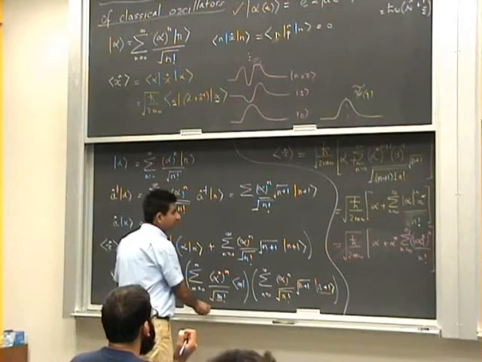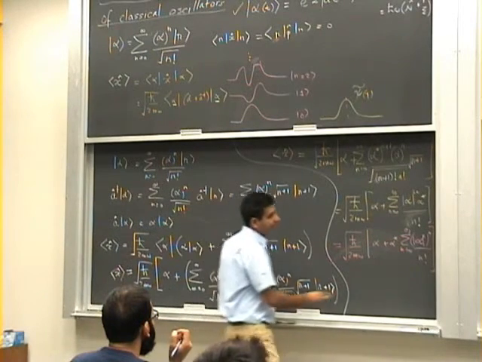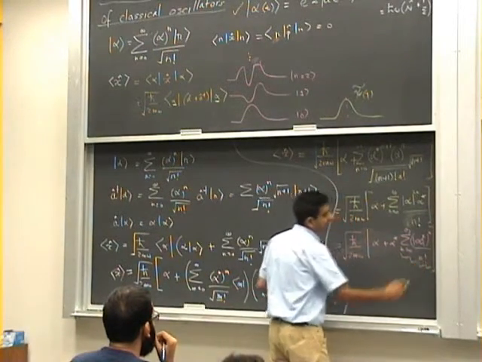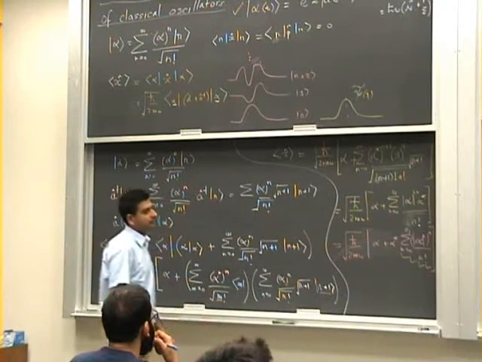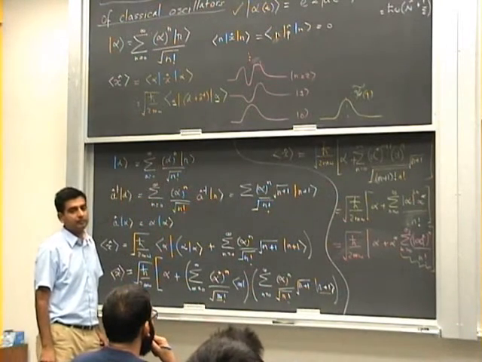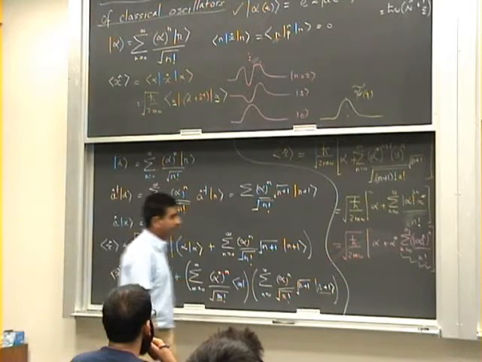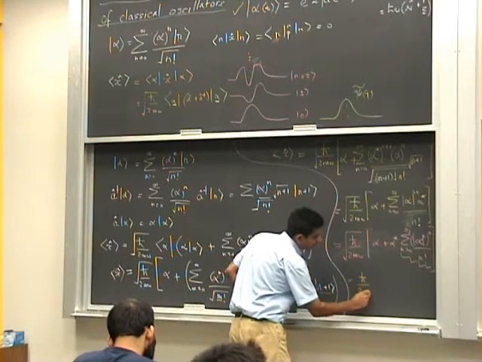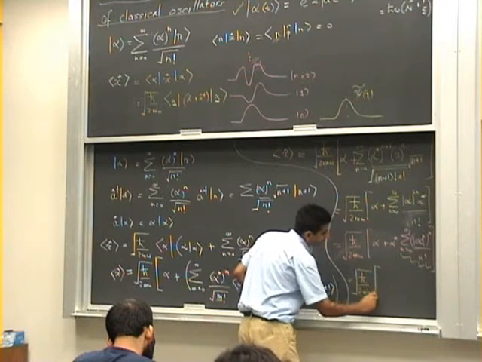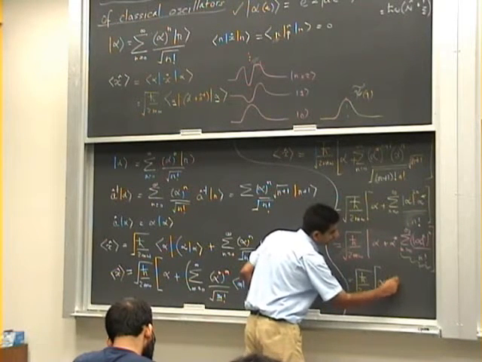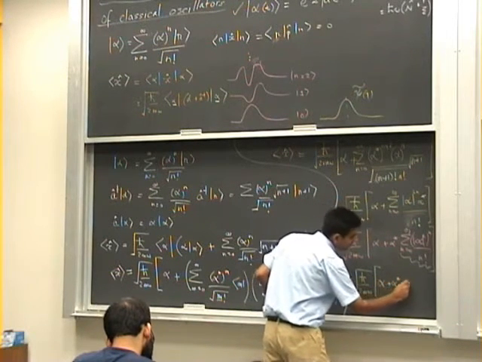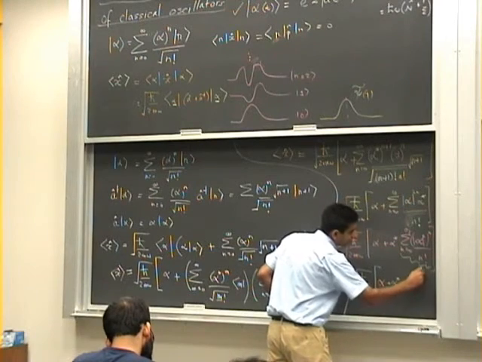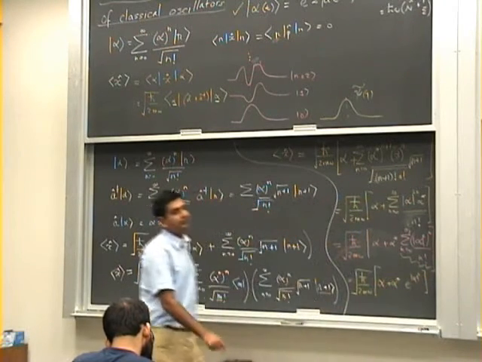Okay. Now what does this term equal to? So I have the square root of h bar over 2m omega, alpha plus alpha star, e raised to power